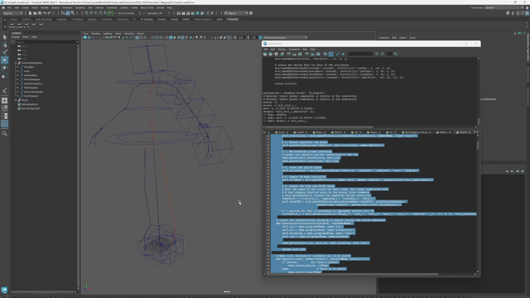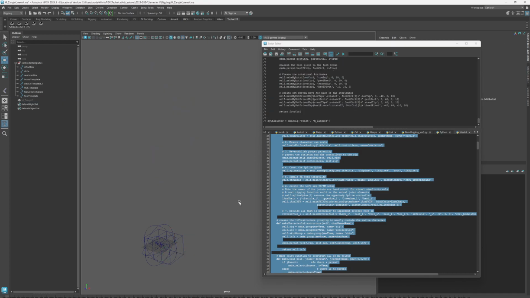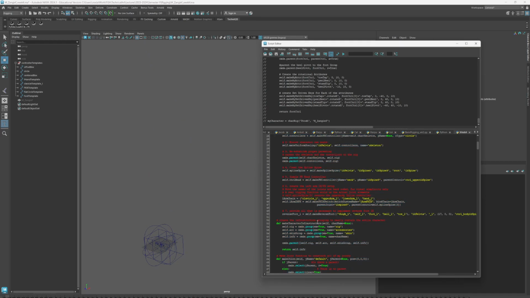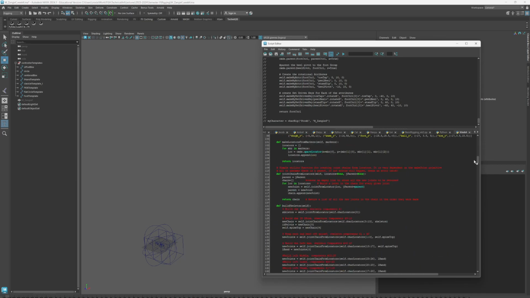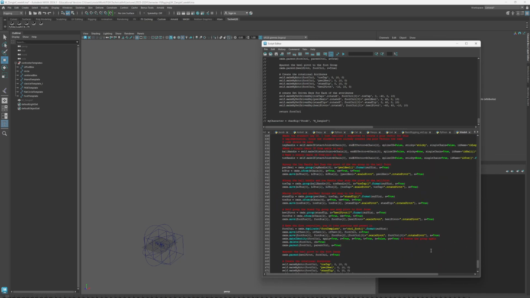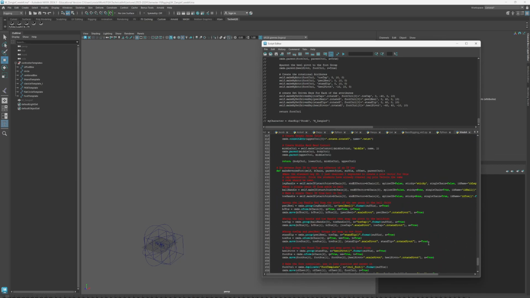Okay, so that's basically how we do it. So let's go and take a look at the reverse foot. Now there's, oh God, look at that. There's a lot of steps to that. But we're going to have to go through this, and it's not quite as bad as it seems here. So we're going to go ahead and create the